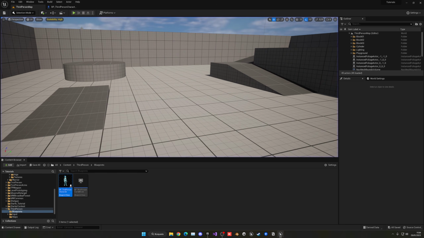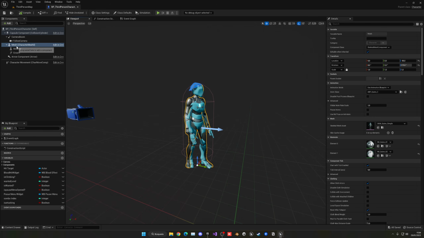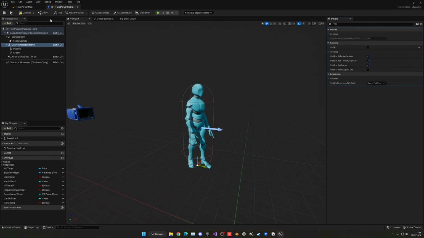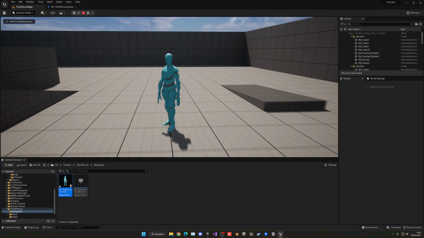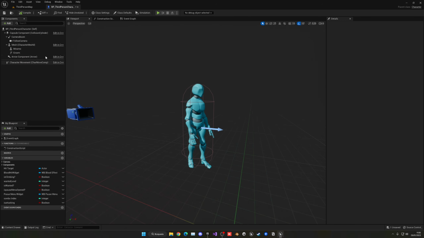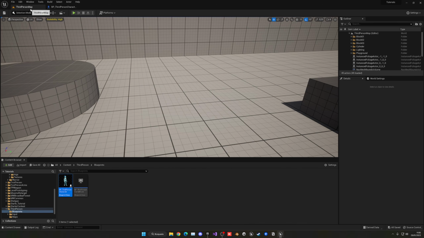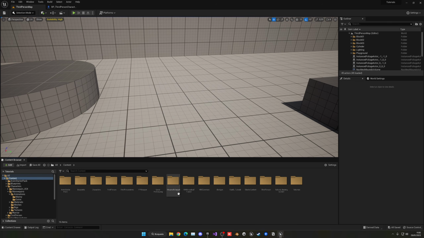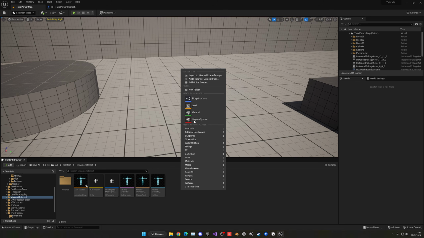Now what we want to do is make the mannequin not visible. So if we select the mannequin, go into visibility and disable it, compile and then press play, you will see that we have a problem. Now it's no longer following the animations. This is because of the way Unreal does it, it needs to be visible. So what I found real quick to do, a way of doing so, is I go to my animation folder here and create a new material,